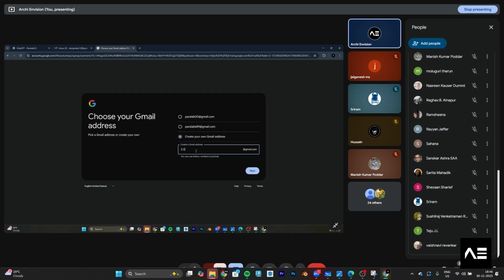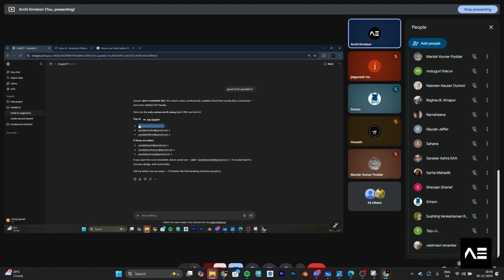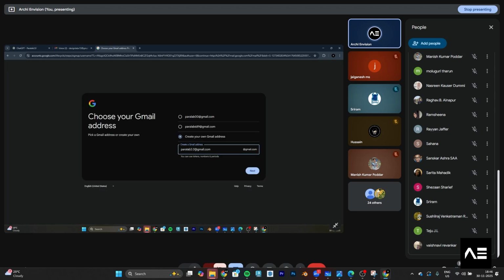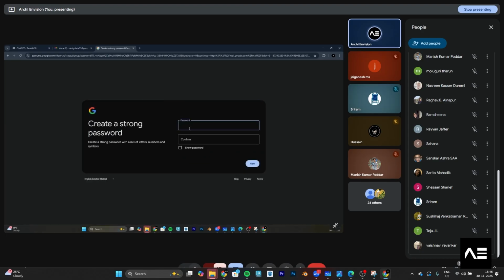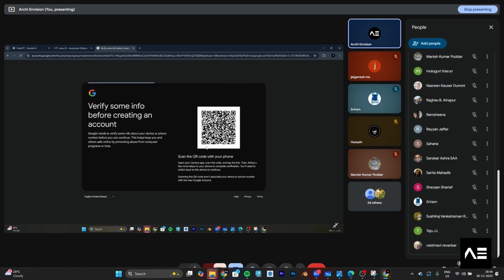This is the ID which I got from ChatGPT. It will give you the basic ID. Then choose your password. You know how to create a Gmail ID, right? Just create one new Gmail ID. Nowadays it's asking me to scan it and log in.